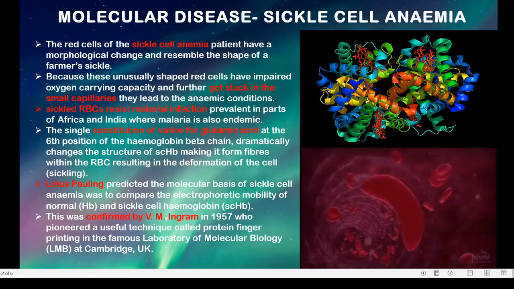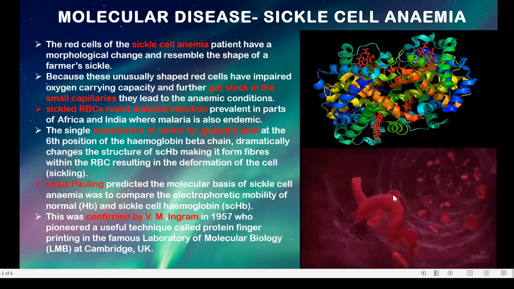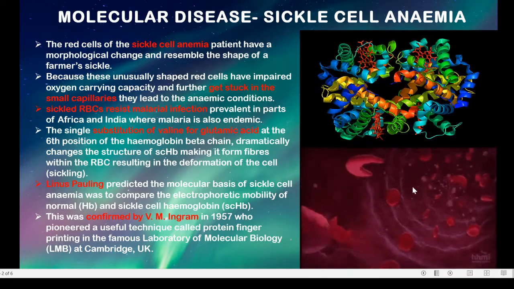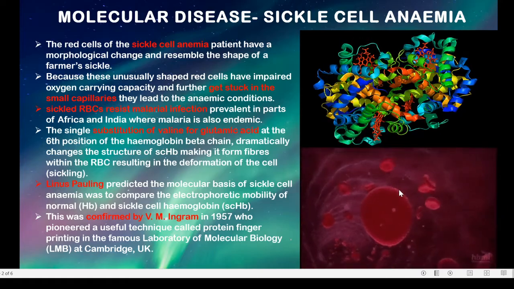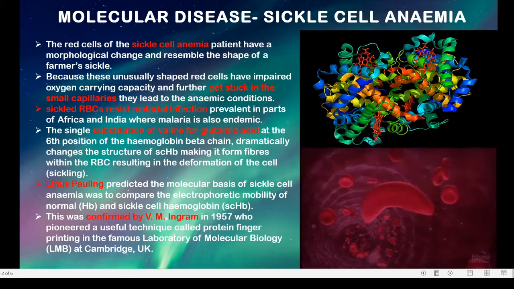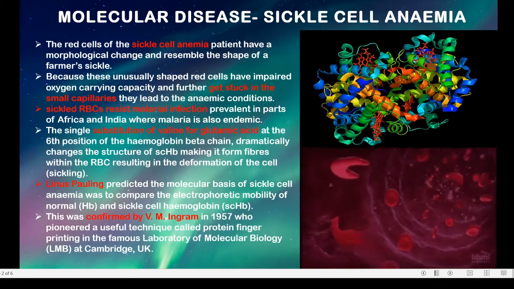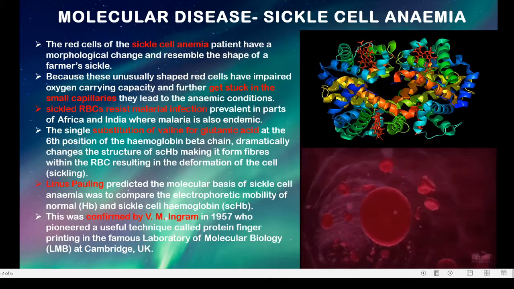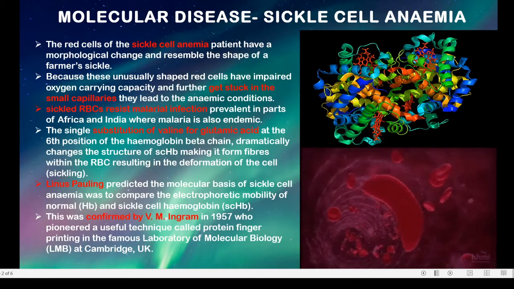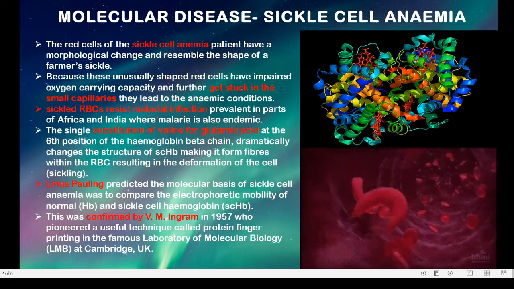So the sickle cell RBCs, as you can see in this diagram, are not disc shaped, but have formed a sickle or curve shape, which will enable them to get blocked in the capillaries, causing an anemic condition. What generally happens here is that patients who have sickle cell anemia will never suffer from